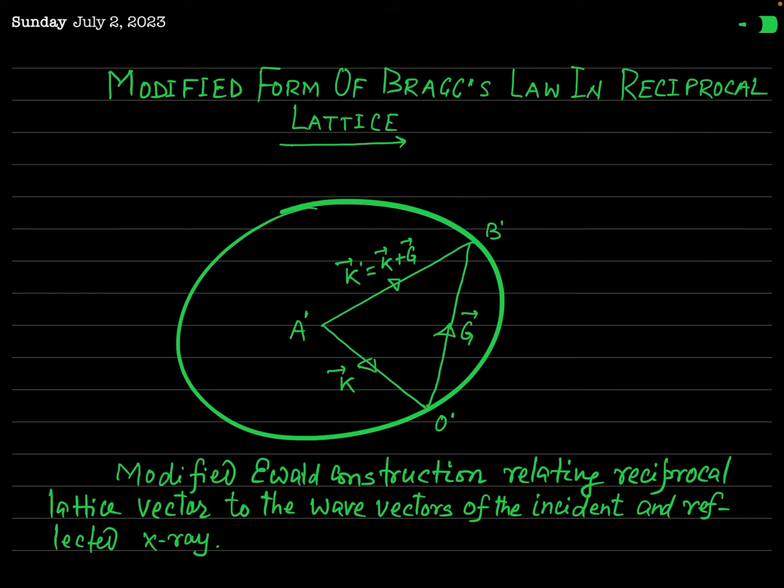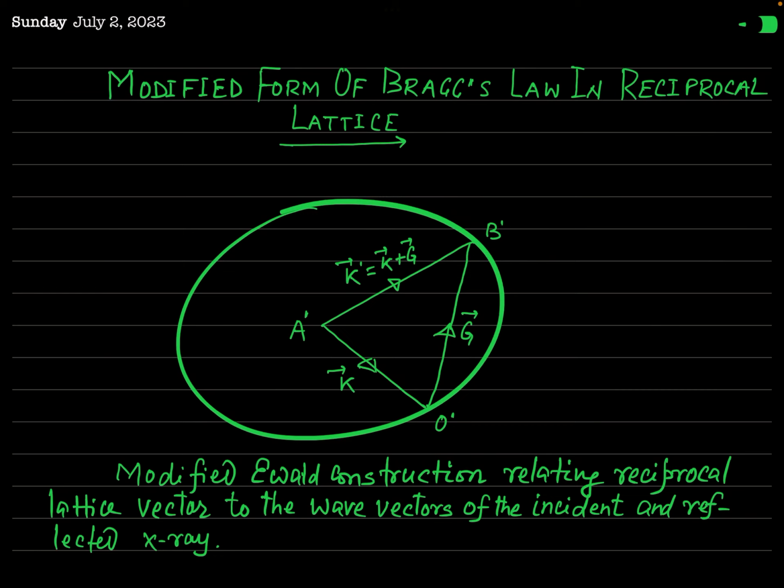In fact, Bragg's law itself takes a different form in the reciprocal lattice, which is actually called the vector form. Okay. So what is this vector form of Bragg's law? We will now see in this reciprocal lattice space. Actually, to obtain the modified form or the vector form of Bragg's law, now let us redraw the vectors AO,